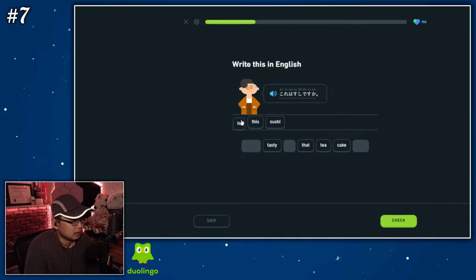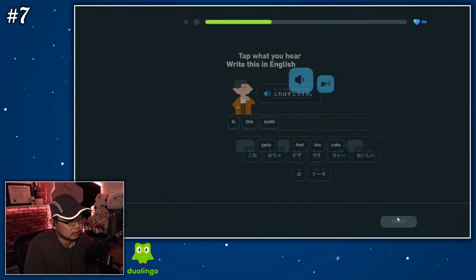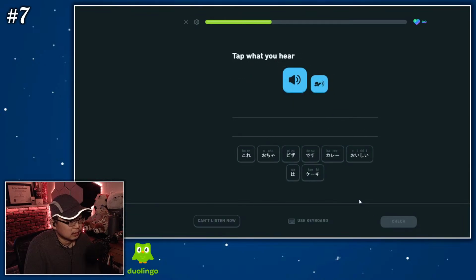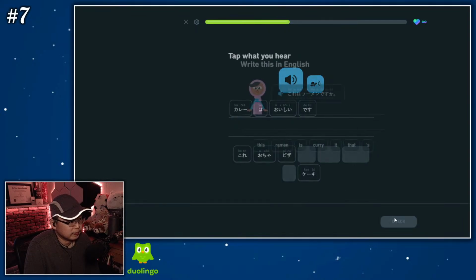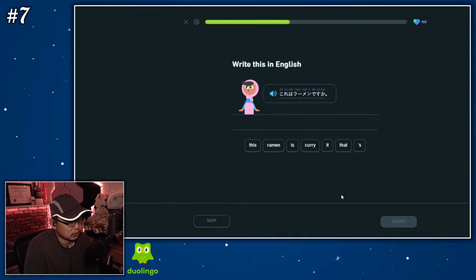Oh, is this sushi? カレーは美味しいです。Curry is tasty. これはラーメンですか？